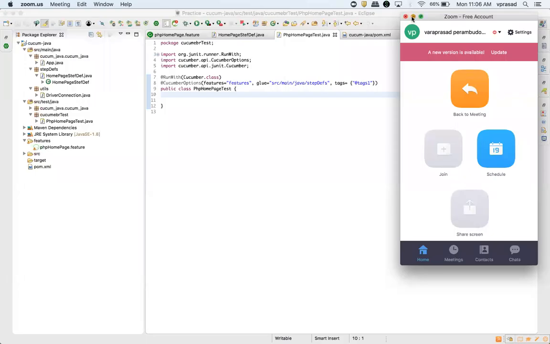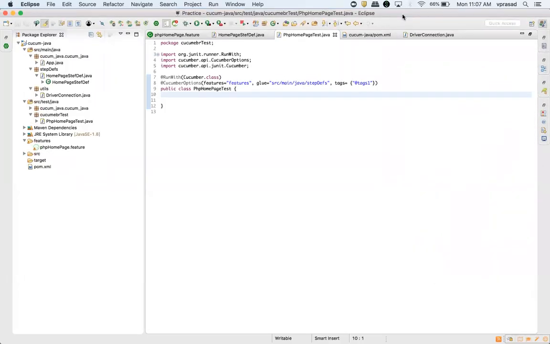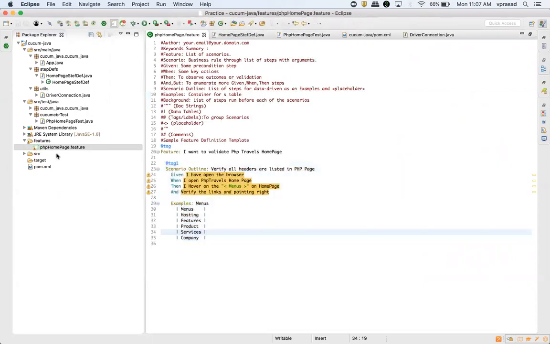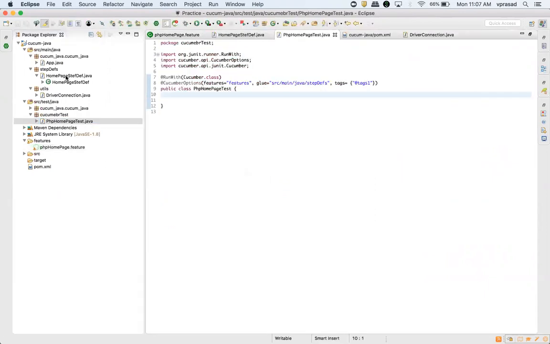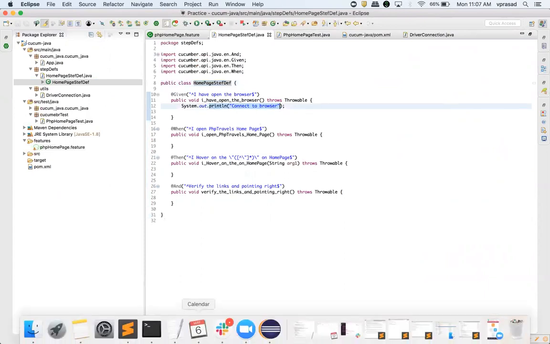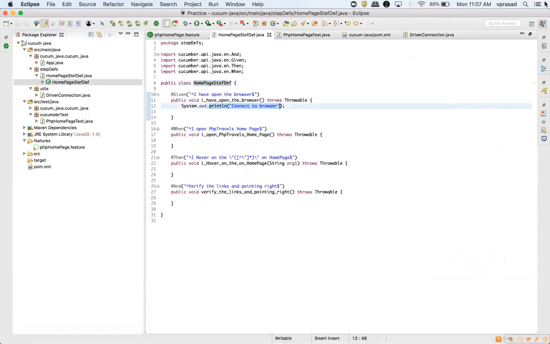Hey guys, welcome back. In this session, let's see how to use Selenium. Previously, we have created a sample feature file and added steps for that, and now we are connecting the browser. So let's integrate with Selenium. Let's go to